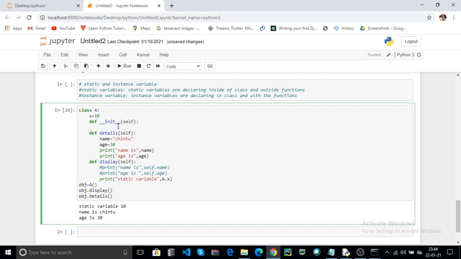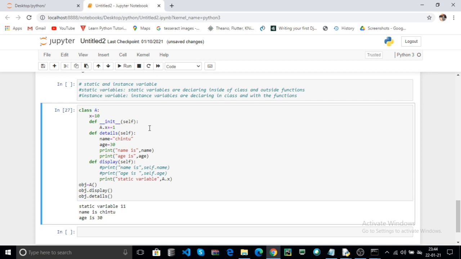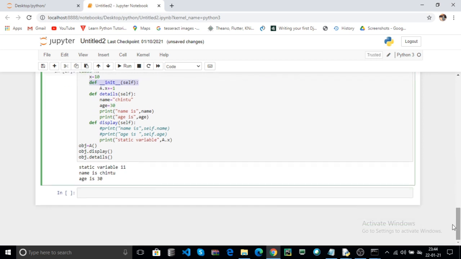Here you can use your parent, that means your class name dot static variable. I add one to your variable, that means your x contains the 11. Click on run. Here your static variable contains the 11. This is the constructor. You can also create your constructors and your functions based on your requirement.